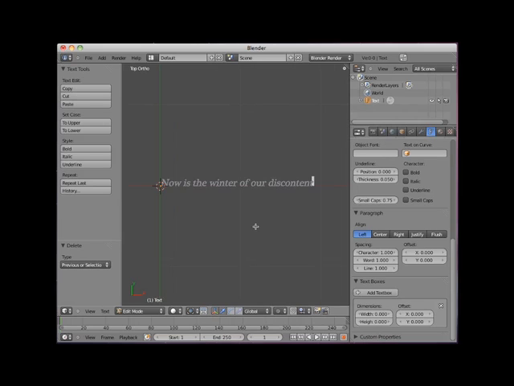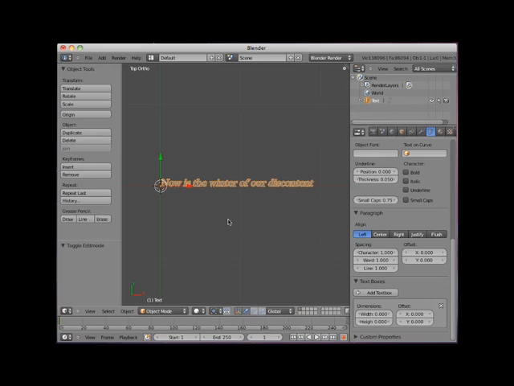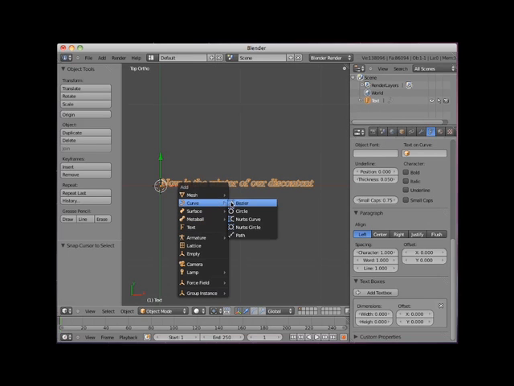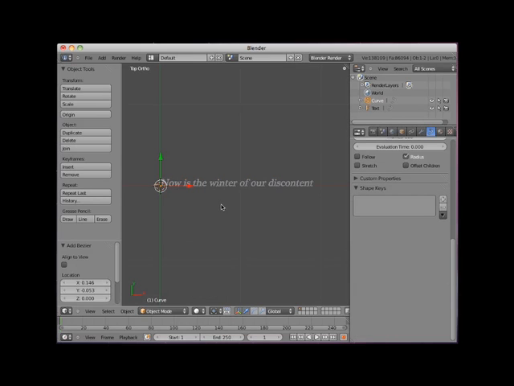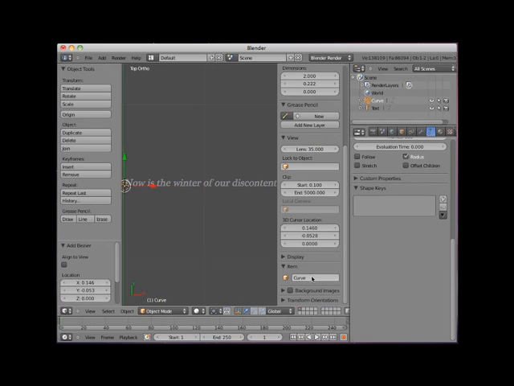There are a number of ways to bend text objects. I'll tab out of Edit mode and snap my cursor to the text object. I'll then add a Bezier curve. I'll name this object Text Curve. I'll scale the curve up a bit